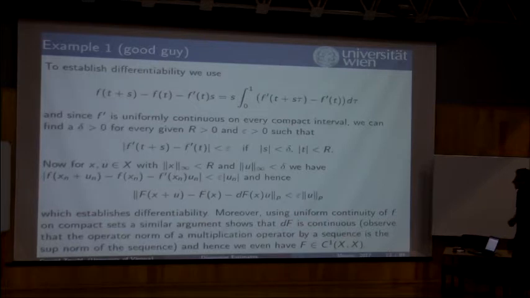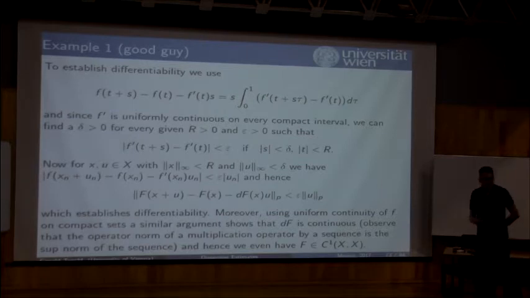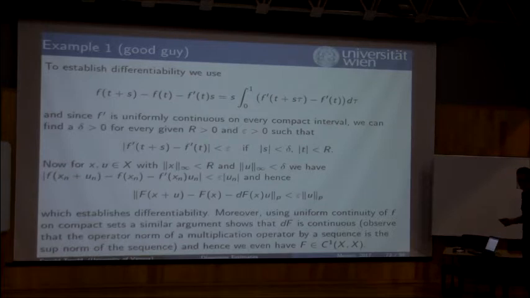That's also not very difficult. Of course, what you do is you write down Taylor's theorem with remainder, so you write it like this. You use the fact that your derivative is uniformly continuous, at least on a compact set. Again, choose some suitable radius as before. Then you have uniform continuity, so that means for given epsilon, you can find a delta and some r, such